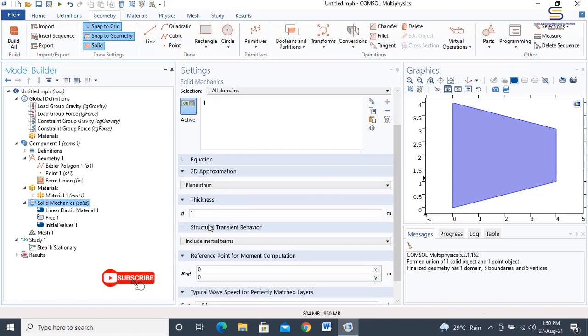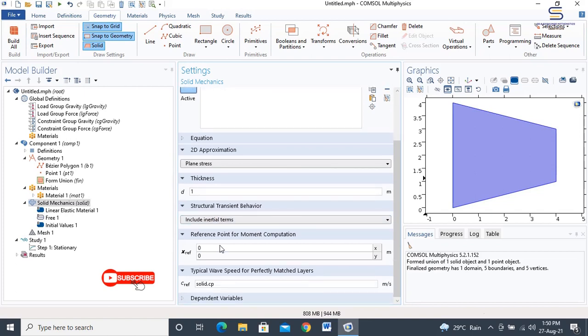That is, you will be seeing plane strain. Please change it to plane stress, because we will be seeing the stress analysis as an important case for our present discussion. Then locate the thickness section. In the thickness section, please change d from value 1 to 0.1.